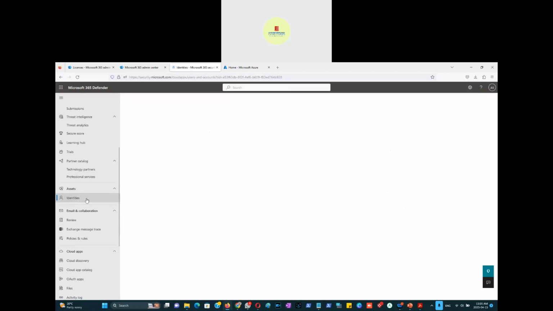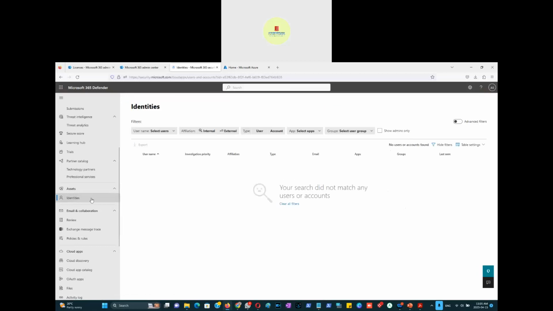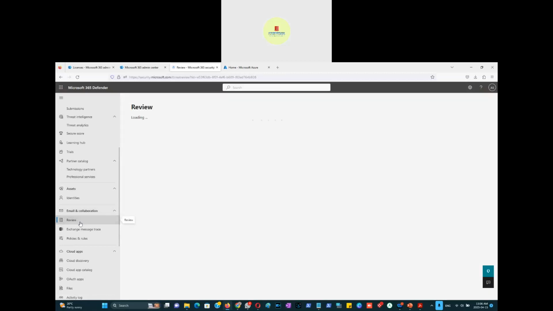Suppose there were lots of cell phones and devices connected, so it is supposed to give you a report for that. We don't have any enlisted cell phones and devices, so we don't see any report. Otherwise, automatically it shows that. Then in email and collaboration, it gives you a